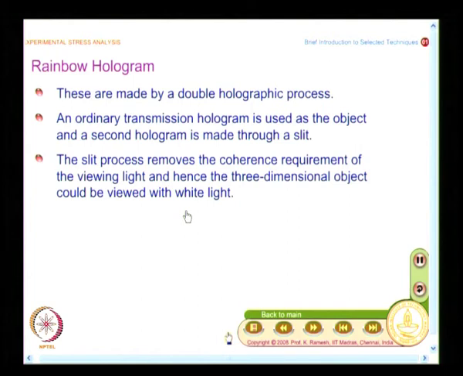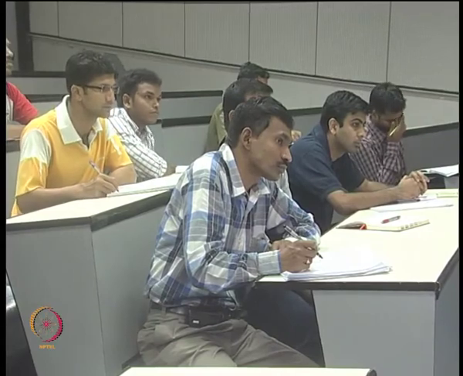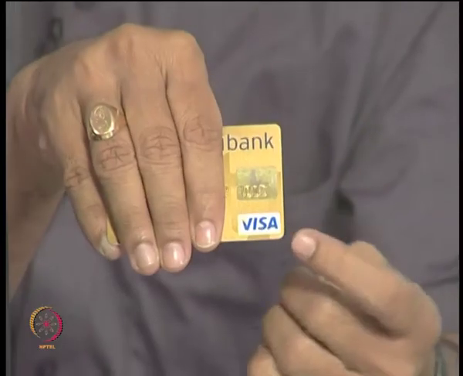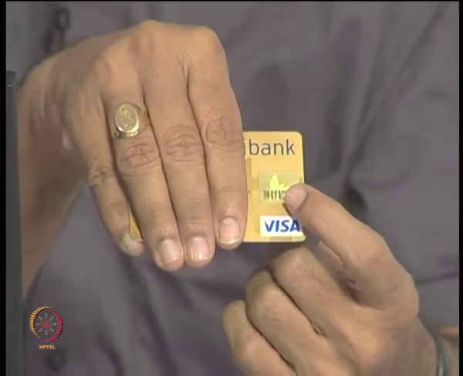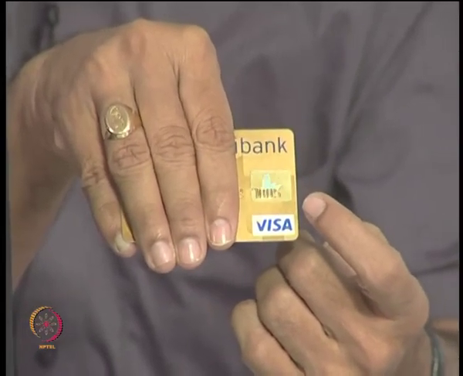So, one of the greatest applications of holography is in security, which you see has become so commonplace. Almost anything you buy, it comes with a hologram sticker. And if you go back in history, it was in 1983 that the Visa card Dove hologram was first used. I will just show you that. So, what you have here is a Visa card Dove hologram. This is a Dove, and you could even see the color change.